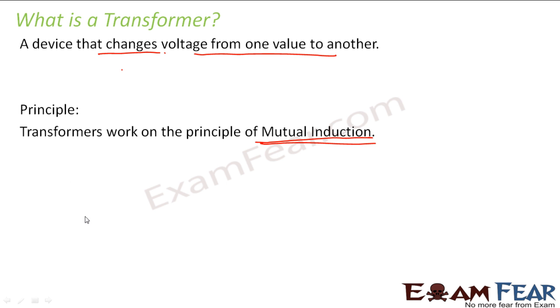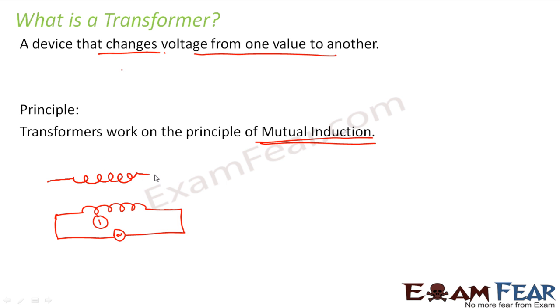So what it was basically that if we have two circuits, let us suppose if we have two inductors rather, let us suppose this is my first coil which is connected to a source, and this is a neighboring coil which I am calling as coil 2. So what happens? Let us suppose if some current flows through this coil 1, due to the change of current in this coil, the current will increase from 0 to some value, let us say.